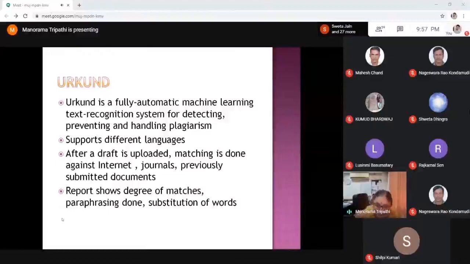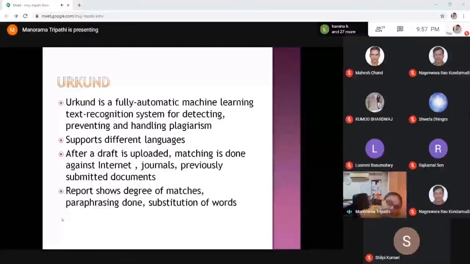I want to bring home the message that it only matches with sources which are available online. Just one example: if you are copying from some source which is not there in digital format, naturally the system will not catch it.